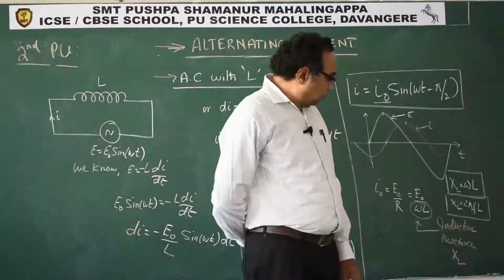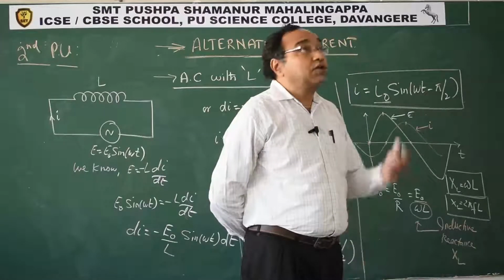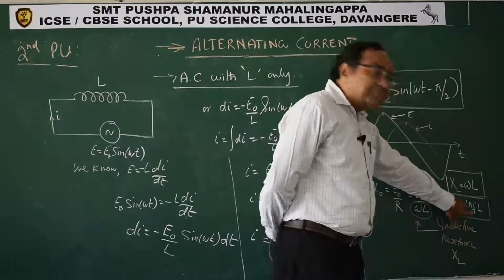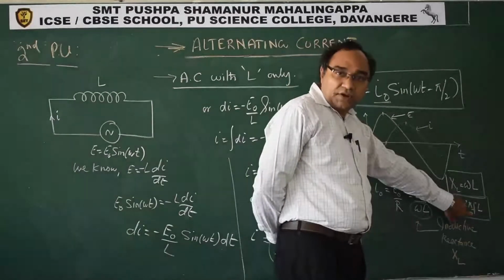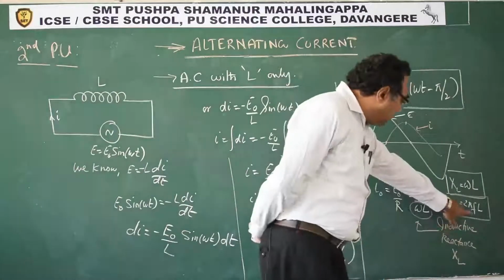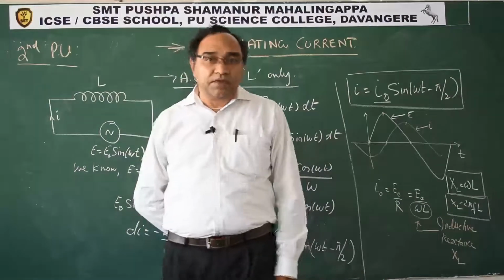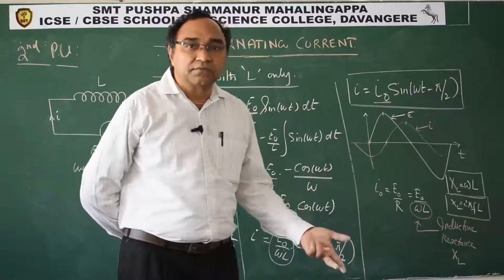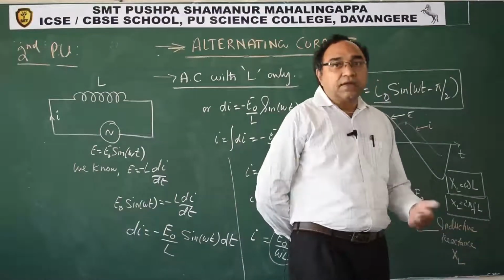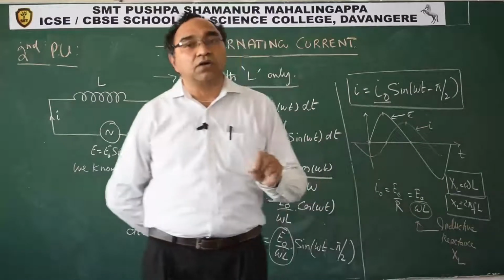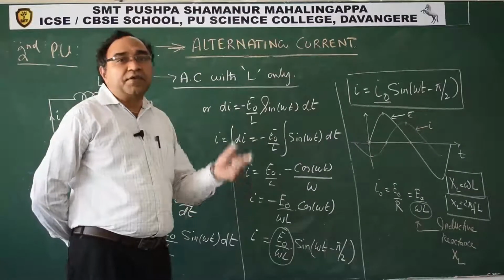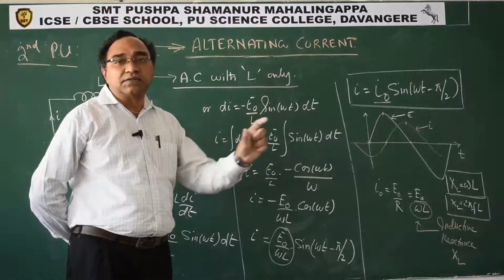Now you will say, why don't we use an inductor in a DC circuit? Correct? You can use it. Why don't we use an inductor or the choke coil in bulbs? Correct. What is f for a DC? f is 0 for a DC. That is why initially we were doing the comparison for this only. If f is 0, how much is XL? 0. This means in a DC, the inductor is a waste. Why? Because it is not able to offer any resistance. That is why inductors or inductive coils are not used in DC circuits. It is not able to do anything in DC. It will be a simple piece of connecting wire in the circuit.